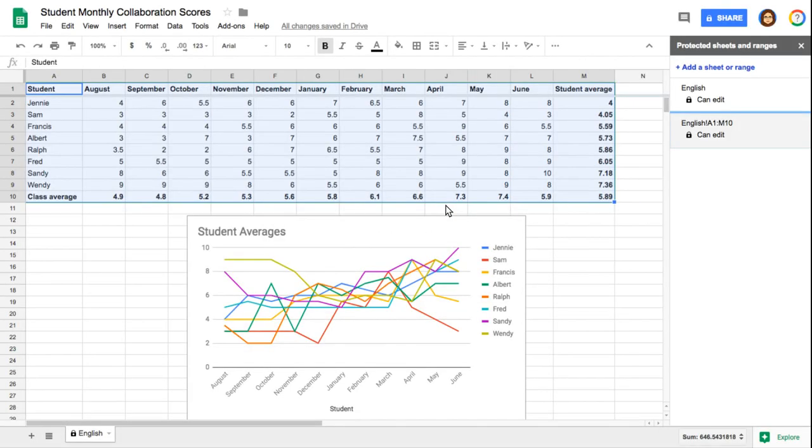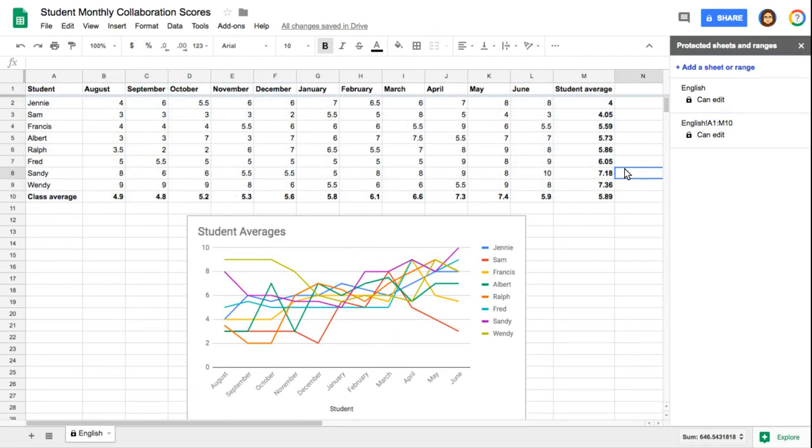And this is very helpful when you have sensitive data that you don't want to change. And again, you can either protect the entire sheet, or you can protect particular ranges in a specific sheet. I hope that this